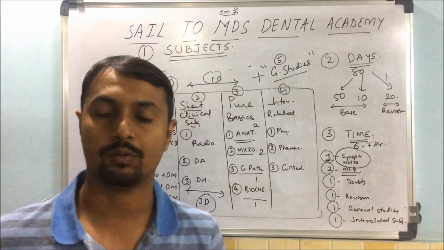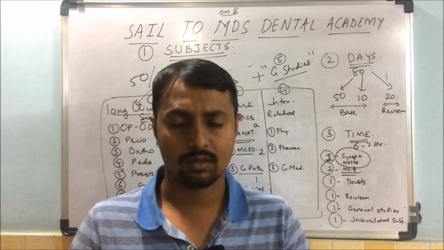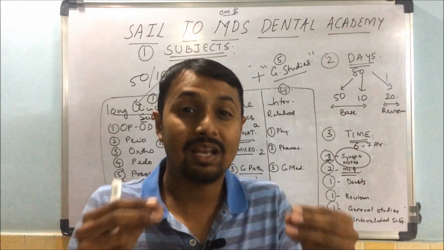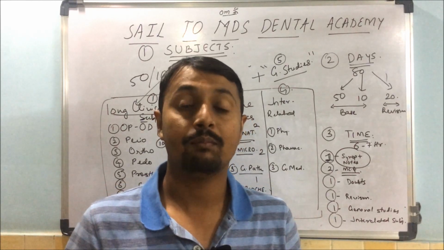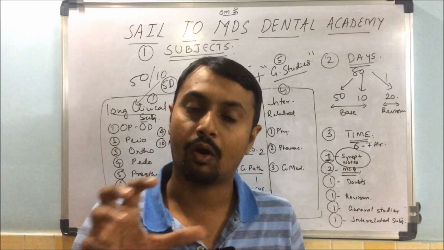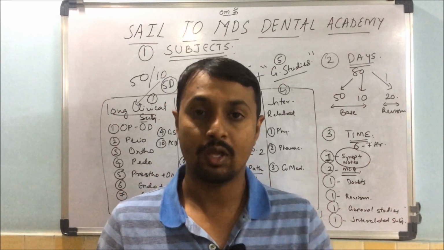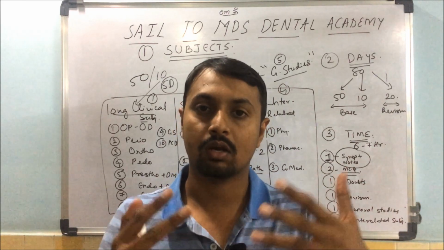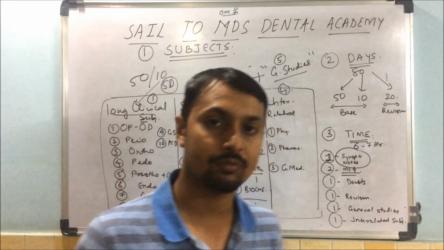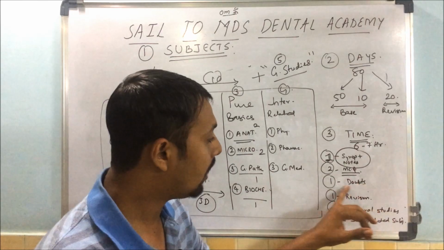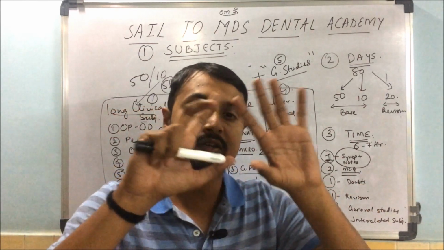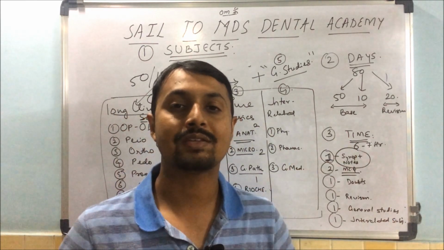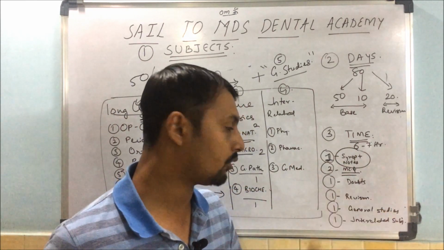MCQ करने का भी एक पैटर्न होता है. For example, if you are reading an MCQ, if you know the correct answer, go for it, or if you know a little bit, answer it. But if you don't have any idea of that question, leave it. So while doing the MCQ, there should be 2 options: knowing, attempt it; not knowing, leave it. Then what you have to do with the MCQs you left? Then 1 hour every day you have to give to the doubts of whichever MCQs you have gone wrong. You have to go back to the explanation and study in detail. That 1 hour you have to give.